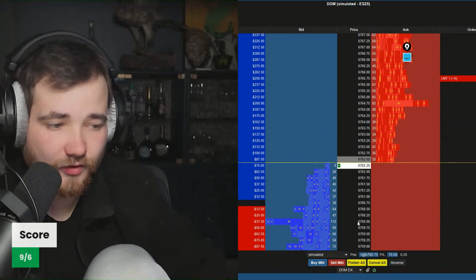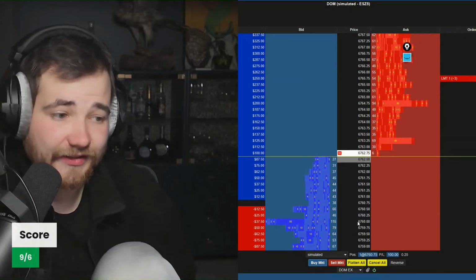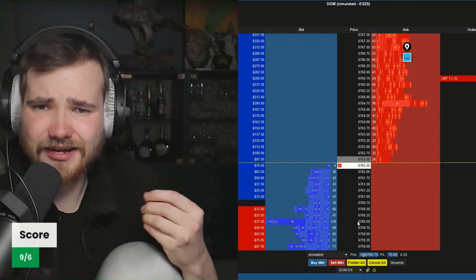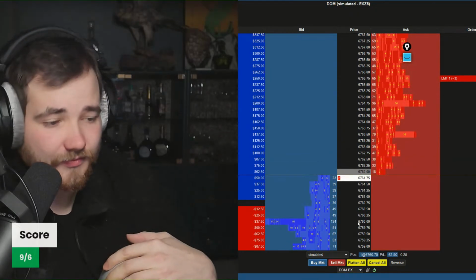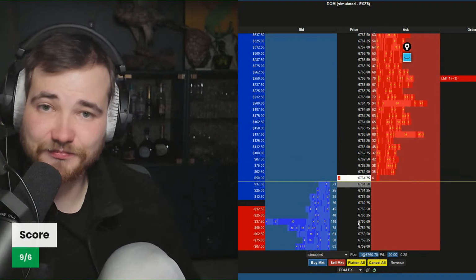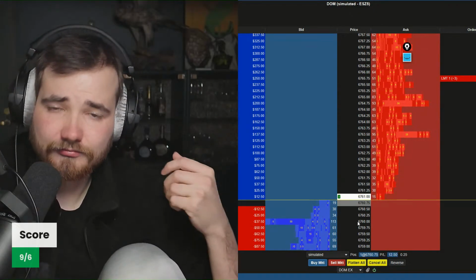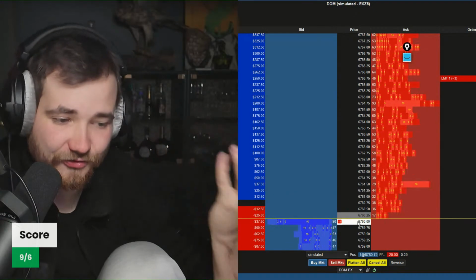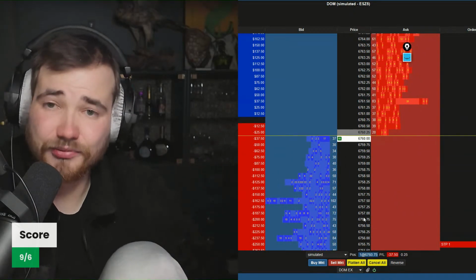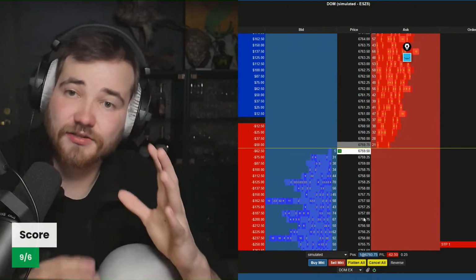Now we are hoping that the price goes to our target and then we can lock in a positive win rate above 50%. That means we would have at least some type of edge. Technically 20 trades is still a very small sample size, so I would not call myself a pro DOM trader by any means, just going off of 20. But being above 50% already tells that I'm not maybe too bad. I'm maybe doing something correctly at least. Obviously, I would want to see a bigger sample size than 20, but on a different day. Not only specifically on one day, but you have to test the sample sizes on different days.